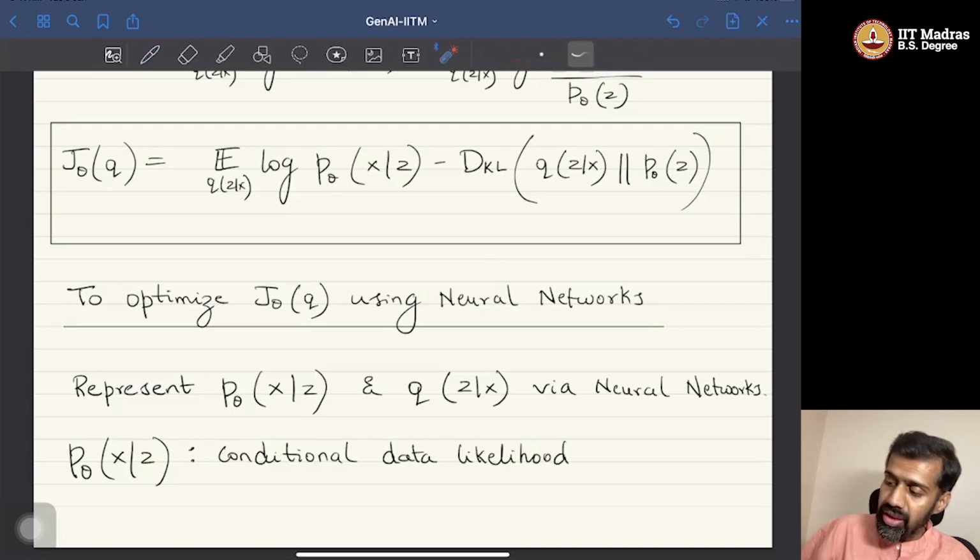So this is for obvious reasons, right? This is the likelihood. Likelihood is the probability density function. It is the likelihood of the data variable x conditioned on the latent variable. That's why the name, the conditional data likelihood. And this q of z given x, I already told you, is called the